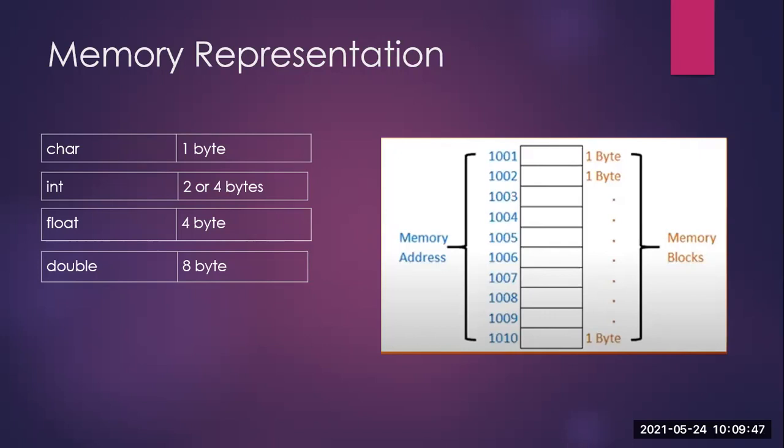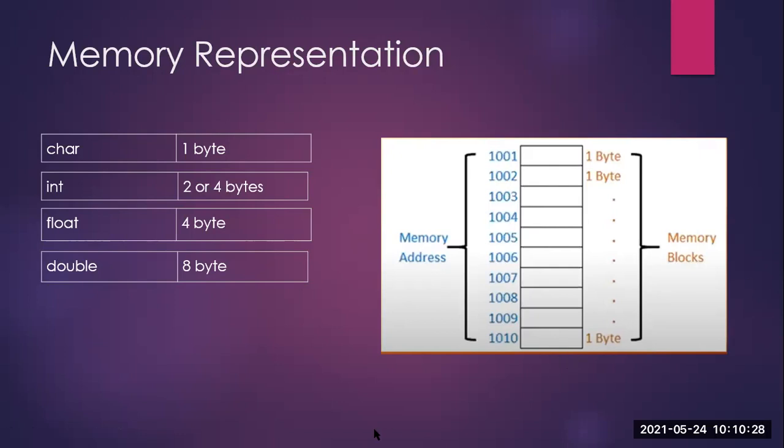Okay. Now the four basic data types that we know: character, which occupies 1 byte. Then you have int, which can occupy 2 or 4 bytes, depending on the internal architecture of the system. That is, on some systems, int will represent 2 bytes, and on some systems it might be 4 bytes. So that will depend on the internal architecture of what the laptop or the desktop is having. Then we have float with 4 bytes and double with 8 bytes and so on. Now you can see a diagram or an image here on the right hand side.